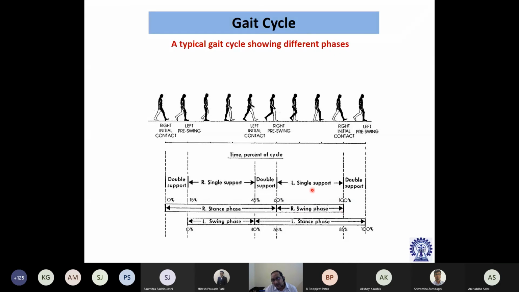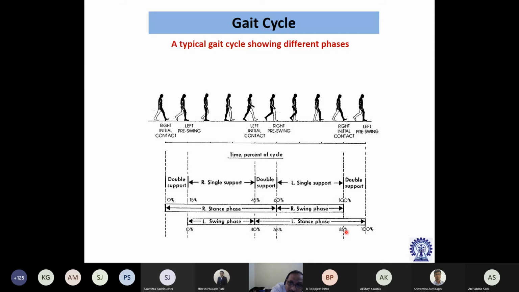But if you look at the left single support, it starts from 55% and goes to 85%. That is left single support. I think this number should have gone a little bit higher. The left single support is from 55% of the cycle to 85% of the cycle. Otherwise, it doesn't match, as you said. So that's what I was saying. Whatever it is, it should be the same for both cycles. Yes, it should be the same for both cycles, and then you can see the lag between left and right,